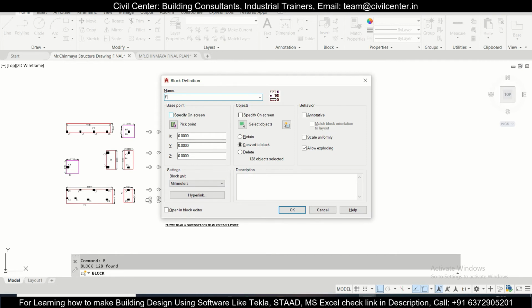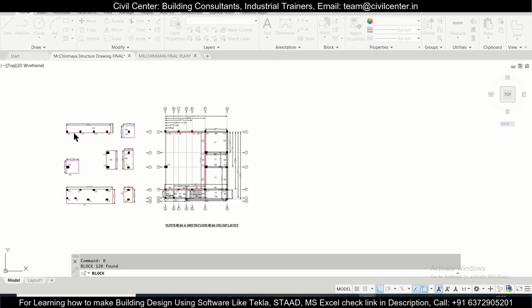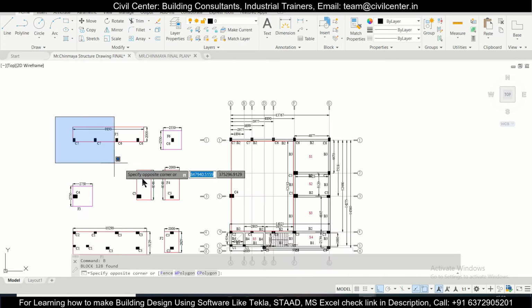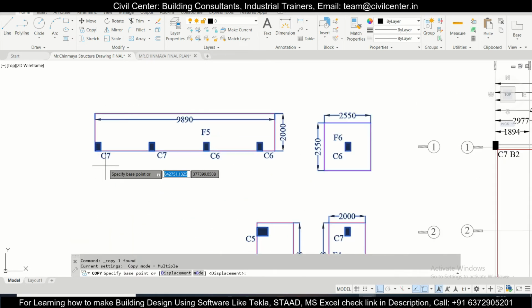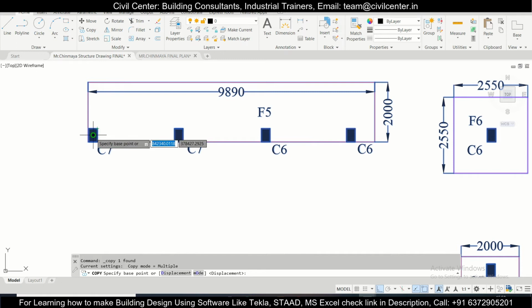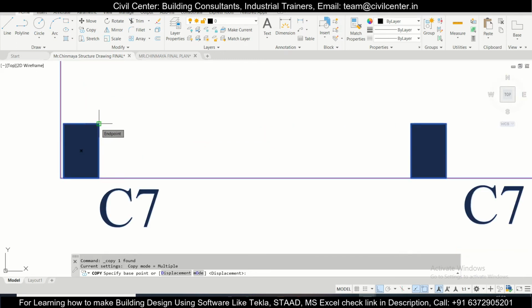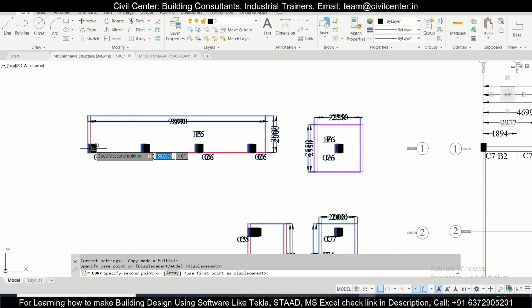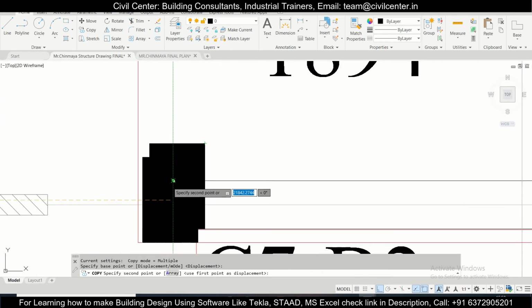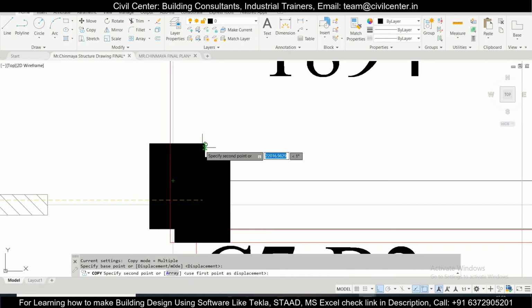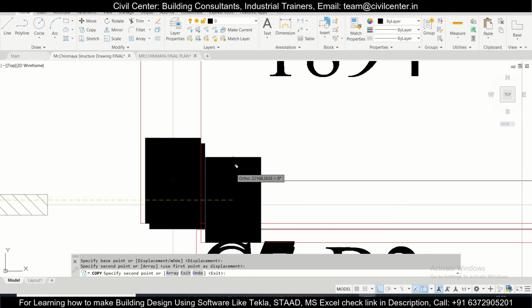Just name it F. Okay, and after that you can select this block and copy it, taking a reference point, so that the reference point is the center of this circle. Just move your mouse to the corner, and then you find the center of this circle. Sorry, not the circle, the column, and this one also, and here you'll find the center of this column.